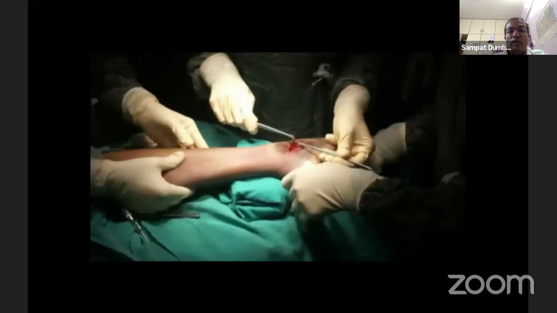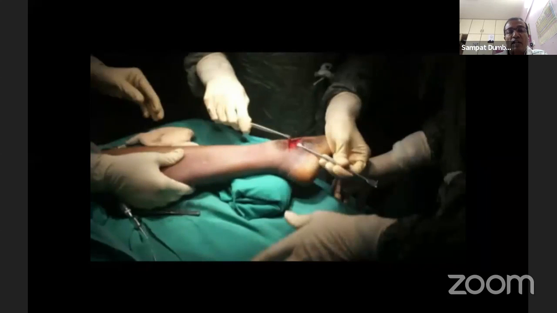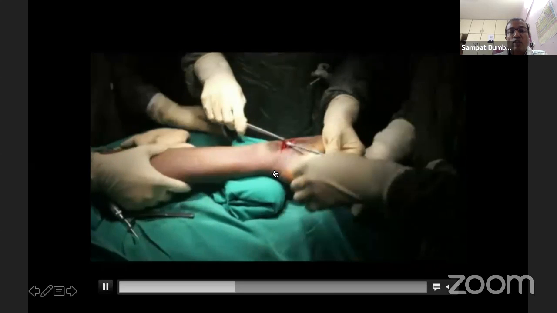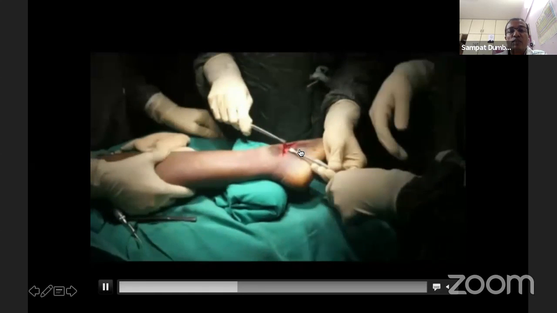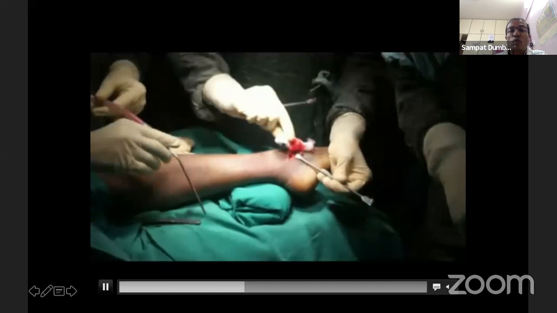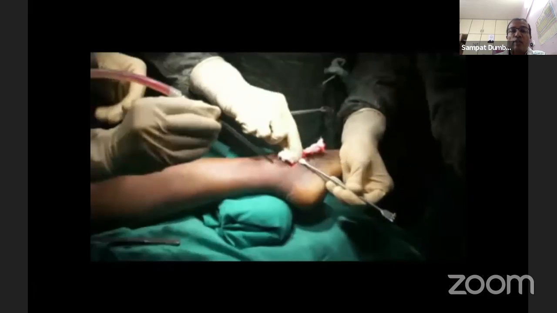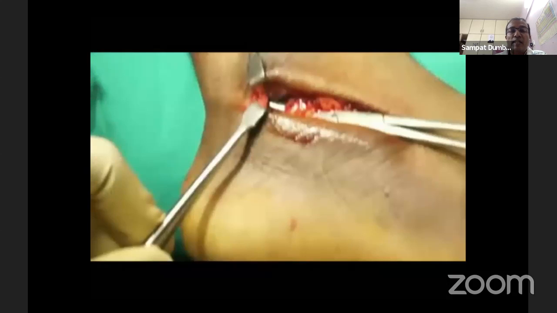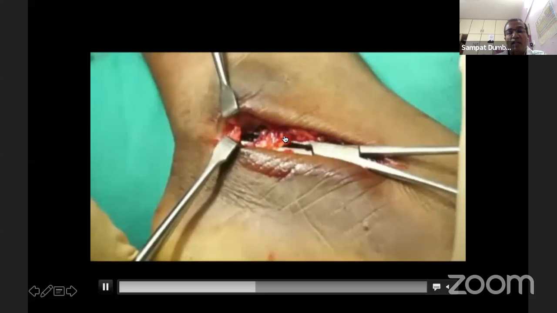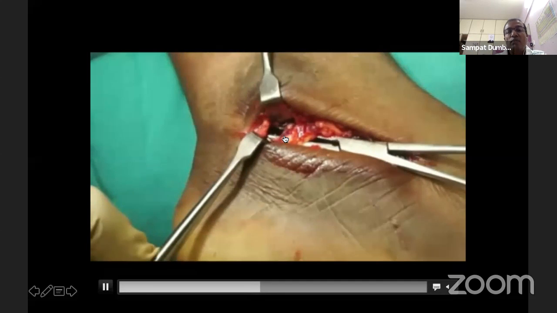Now, when you want to cut the calcaneofibular ligament, I will advocate a bump under the medial malleolus so that you can invert and stress that calcaneofibular ligament, protect the peroneal tendons behind, and I will show you how to cut that calcaneofibular ligament. See this, it's a big ligament, okay? When you cut this calcaneofibular ligament, only then will you be able to visualize the subtalar joint and the